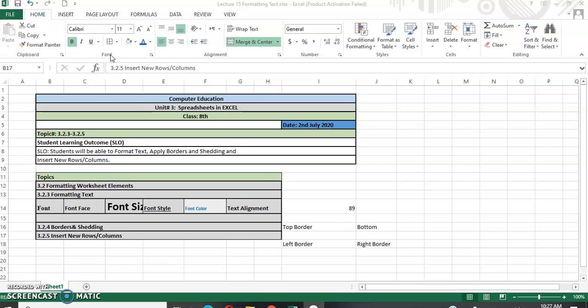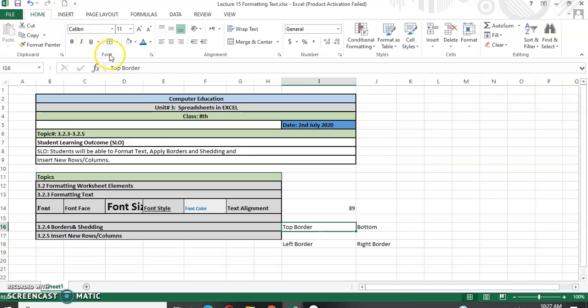We have to select the cell on which we want to apply the borders and shading. This is your first step. For example, here we want to apply the top border. So we have selected the required cell, that is I16. Then bring your cursor to the font group of the Home tab.